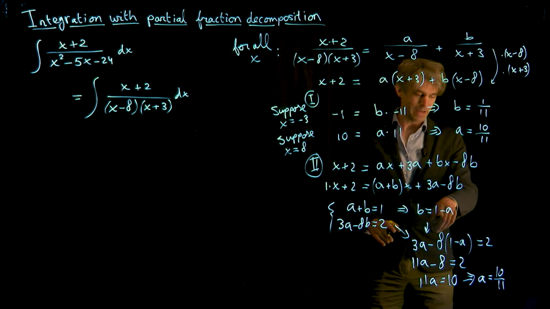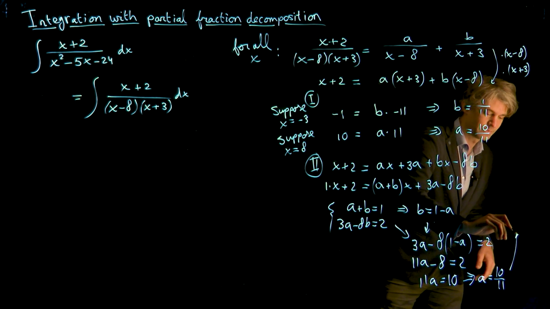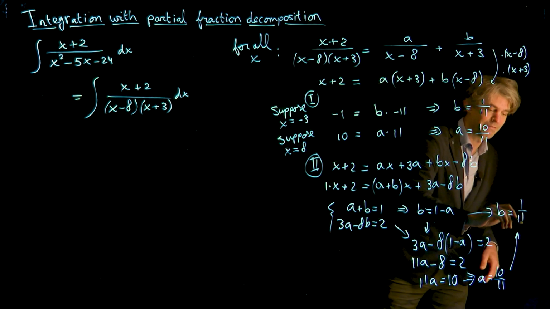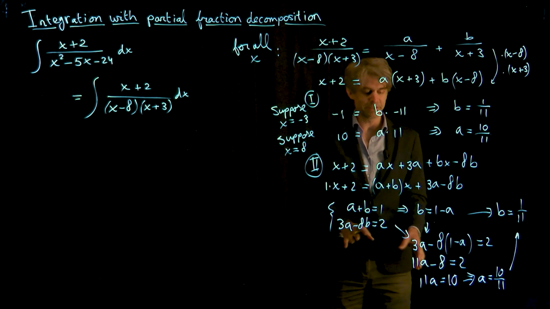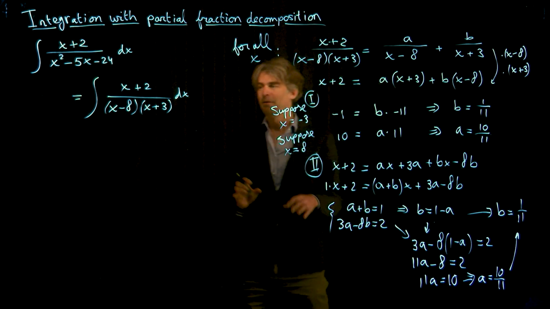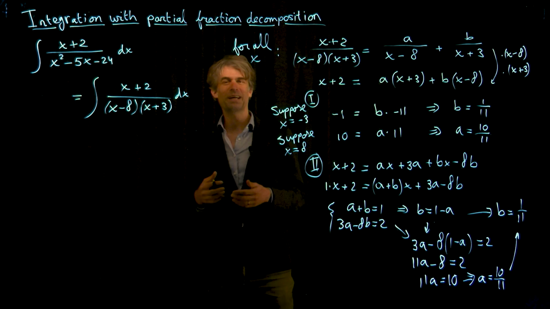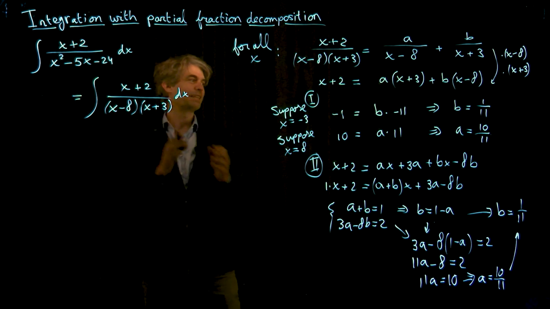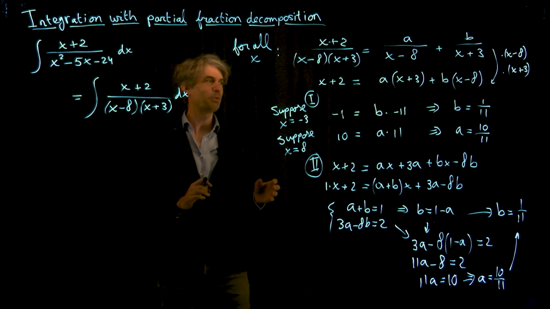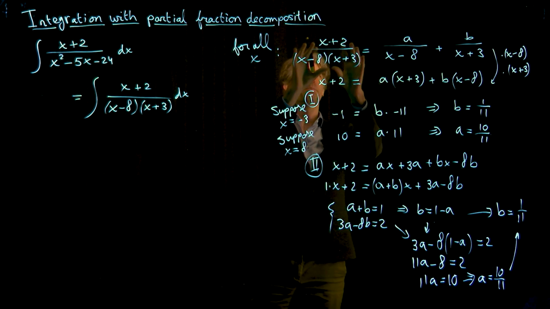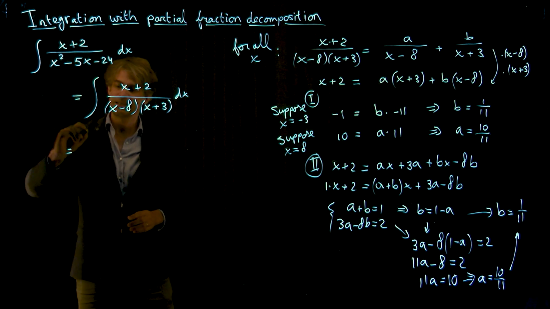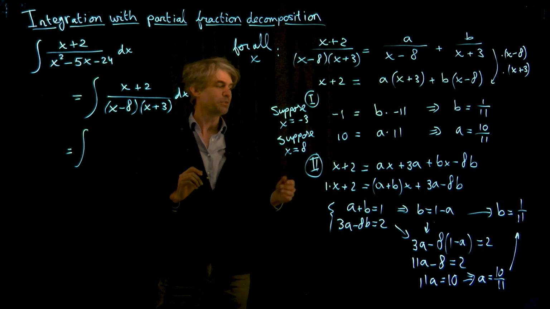And then b is 1 minus a, so out comes, if you combine these two, that b must be 1/11. So this method is a little bit more elaborate, and you have to solve a system of linear equations. However, it gives you the same result. And well, we got a little bit distracted, right? Because we were actually trying to integrate this thing, and there was a whole side of this board full of equations. But actually, we made a very important step, because now we know that we can decompose this integrand like that. So let's plug this lovely result in, and you get actually this integral is equal to the integral of,